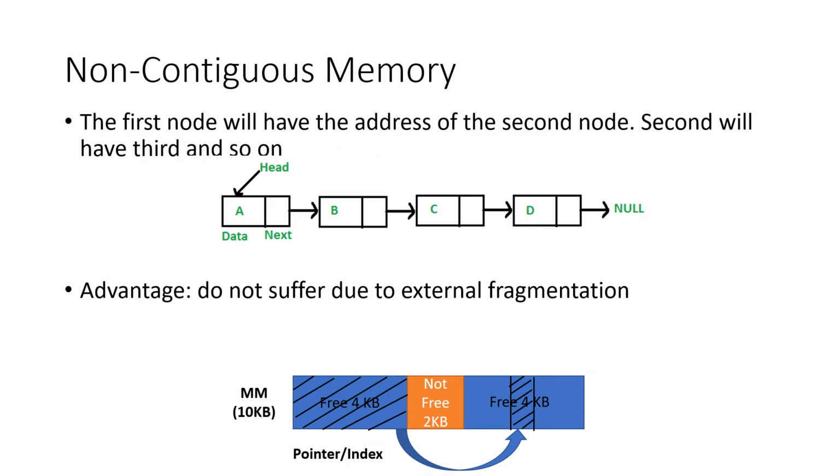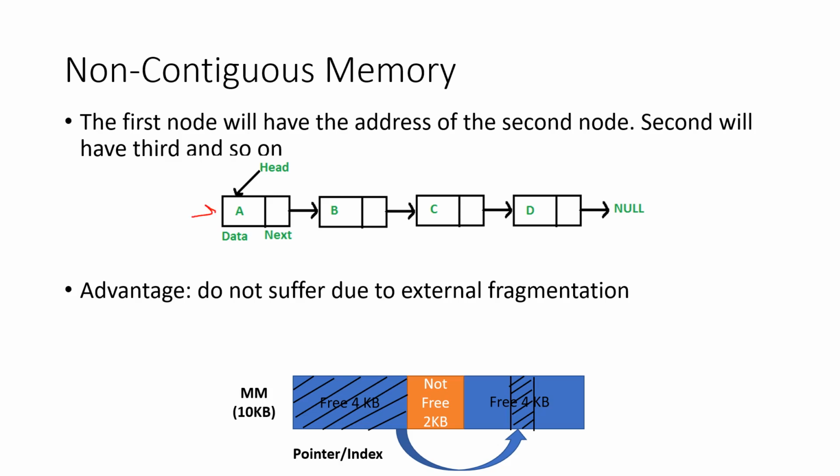So now we'll see what is non-contiguous memory. From the name itself, it is very clear. In contiguous, we are allocating the space in continuous fashion. Here we are not able to allocate it that way. So the example is linked list. In a linked list, can we access the nth node directly? The answer is no. It should be accessed in a linear fashion, and because of that it is very slow.